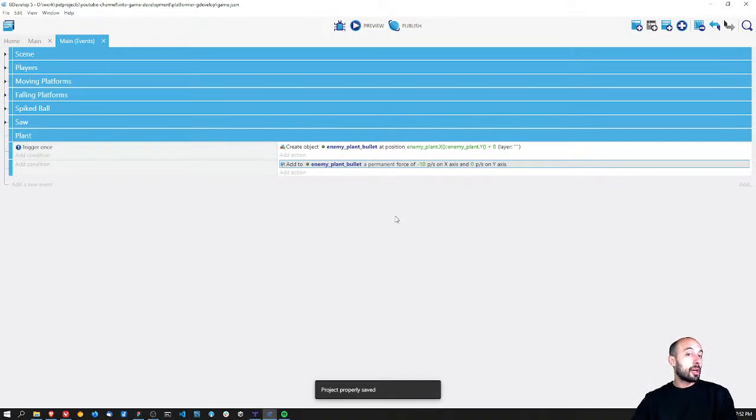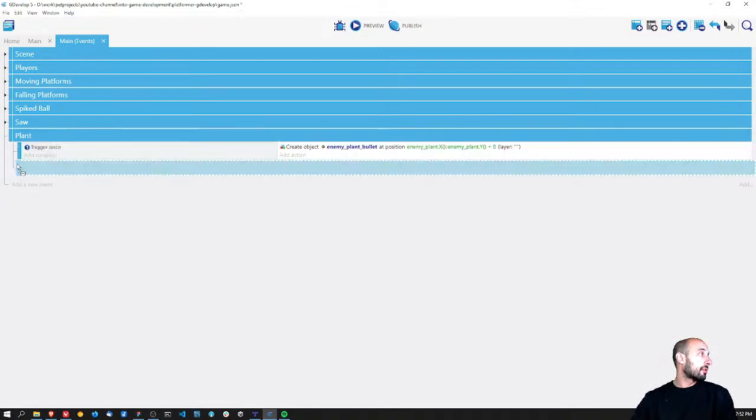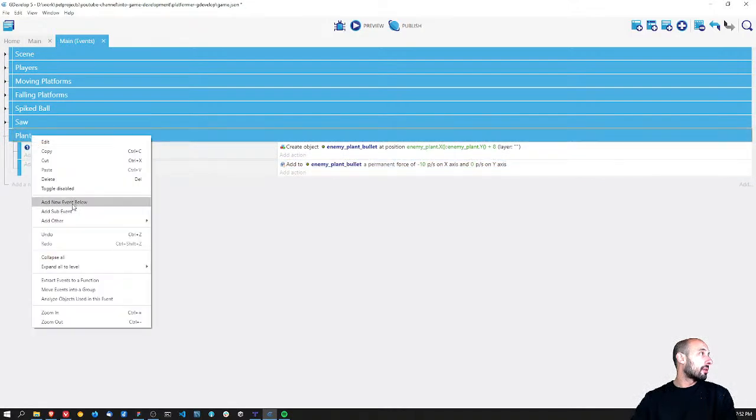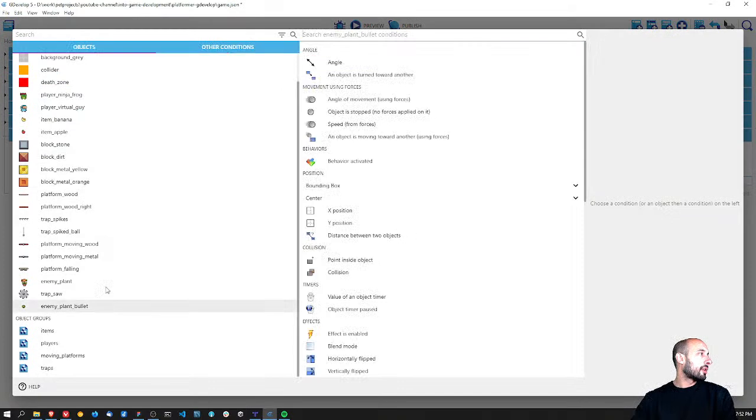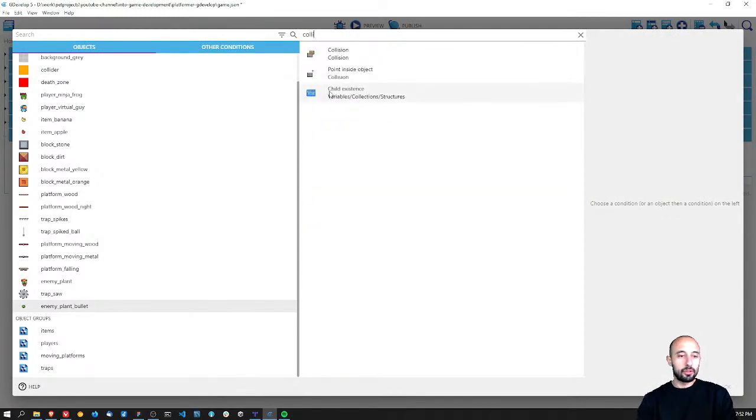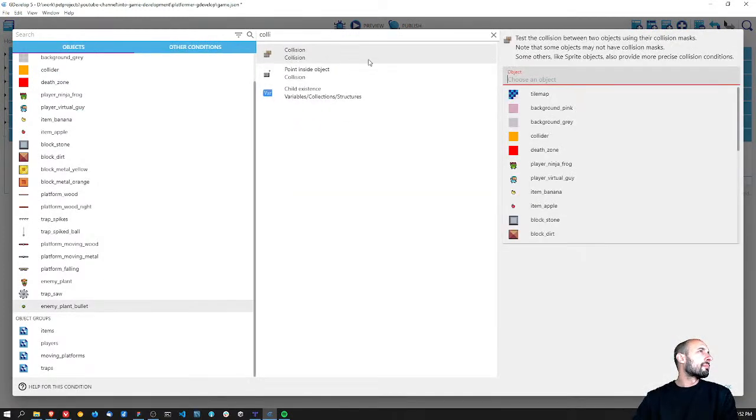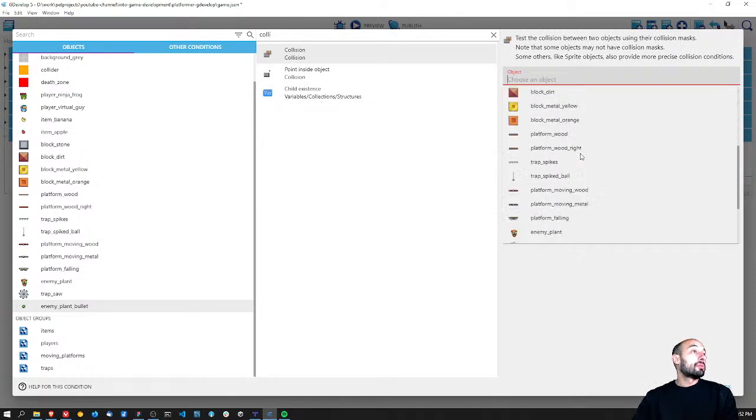And now also what we want is that if the bullet collides basically with anything, I mean, in this case with the block or with the player. So I'm going to add a new event. Okay, but these are sub-events. Forgot to do this. Okay, so I'm going to add a sub-event. And what we are going to do is that if the enemy plant bullet collides with what? Well, in this case,